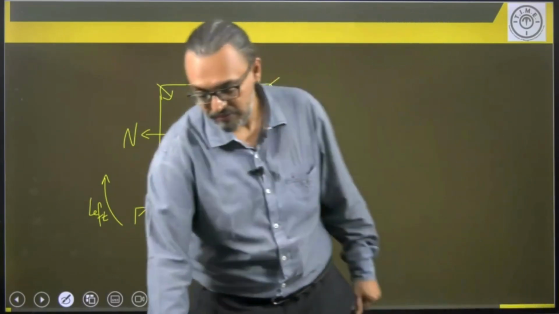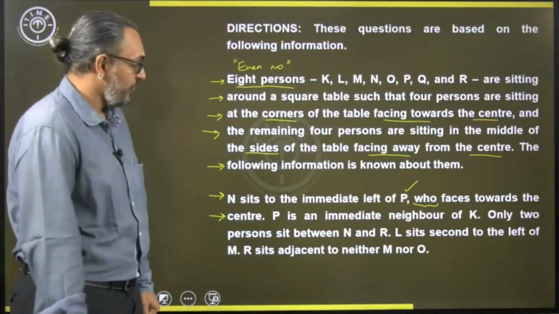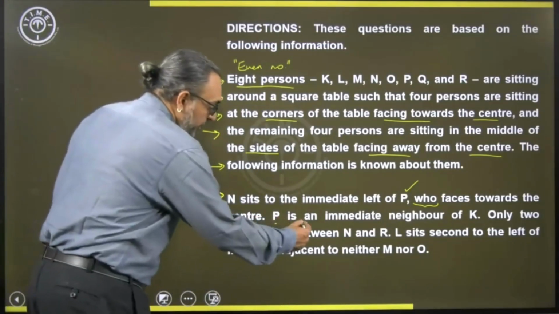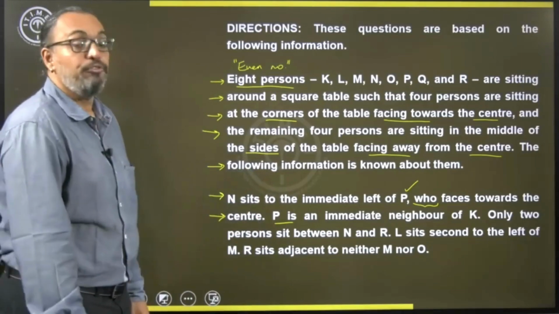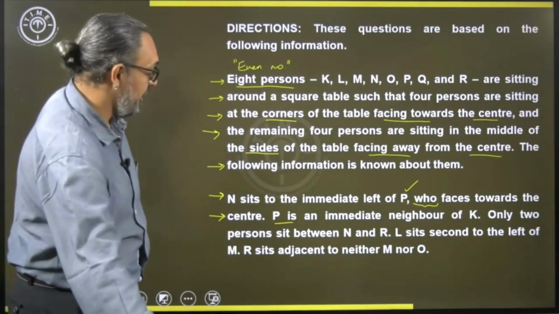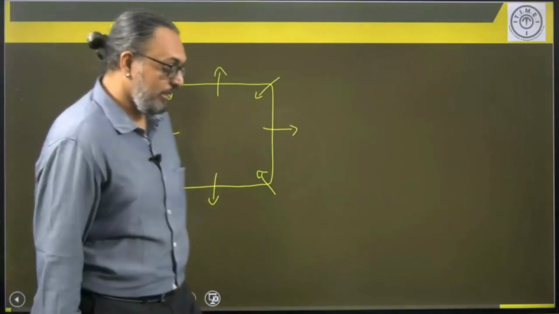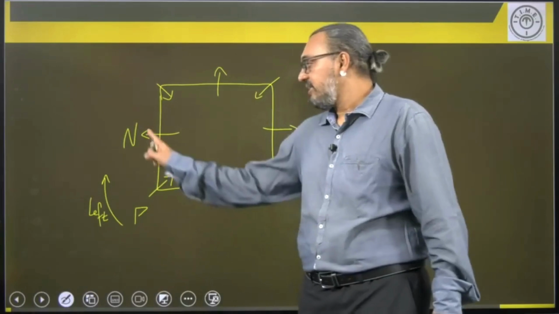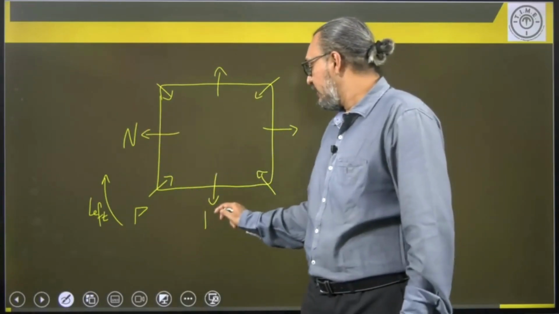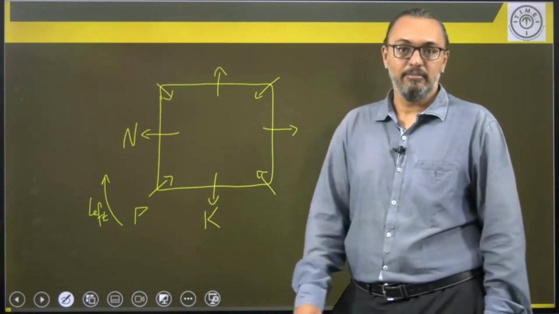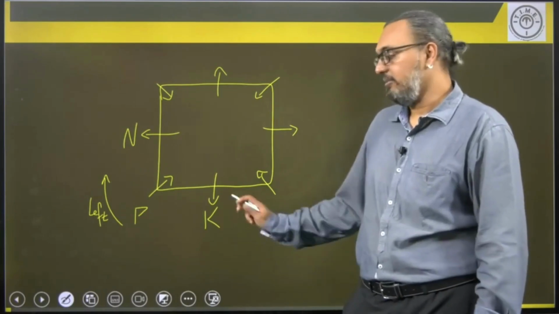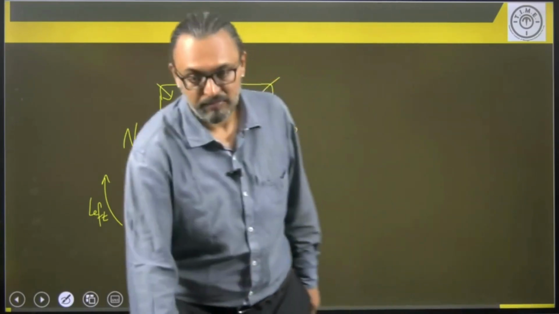Okay, right. Then, now P is an immediate neighbor of K. Okay, so P is an immediate neighbor of K. Now one immediate neighbor of P is N, the another immediate neighbor of P is K. So K will be here. Then